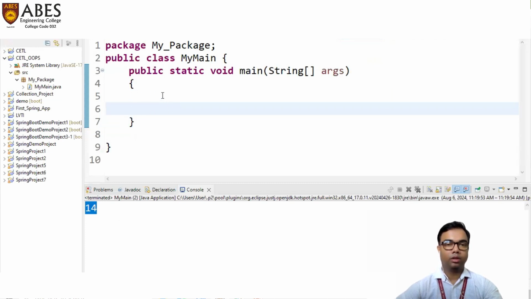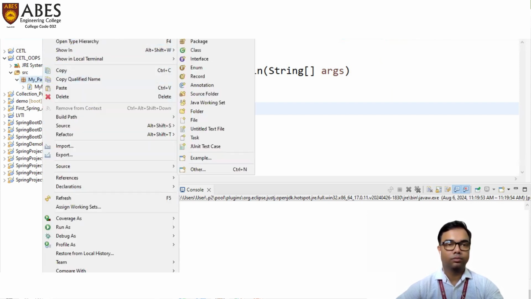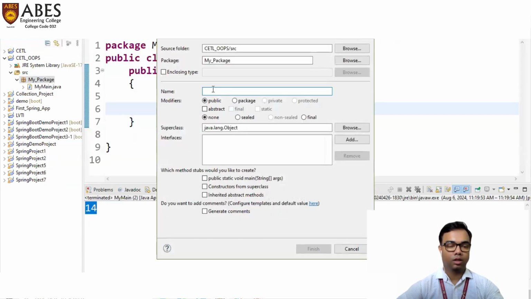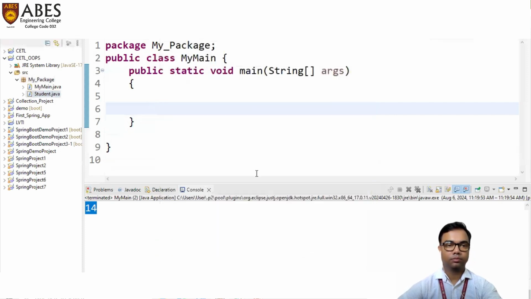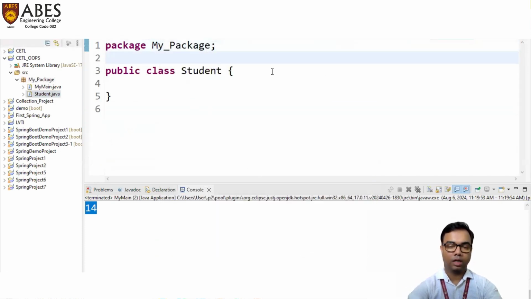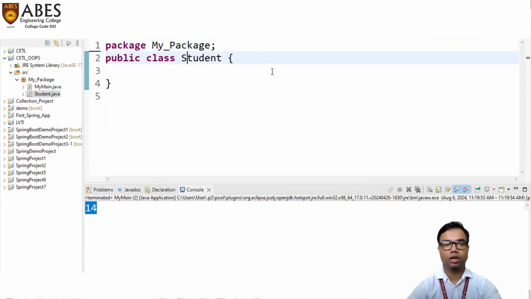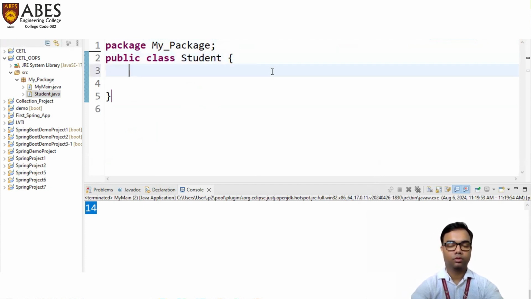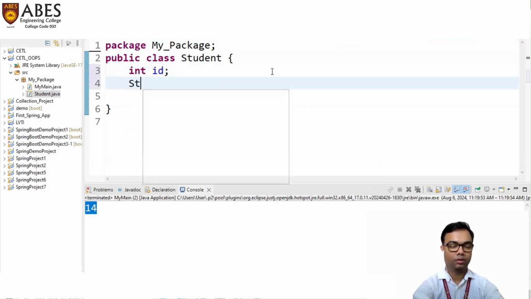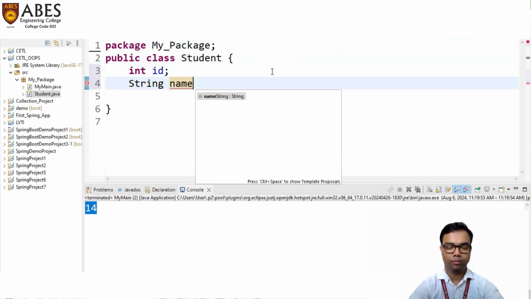Here we have a main method, and the project is CETL underscore object oriented programming system. We have created this project, and inside this project we have the main method. Suppose we have created a new class, and the name of the class is Student. So here we have a class Student, and inside this Student class, we have created ID,